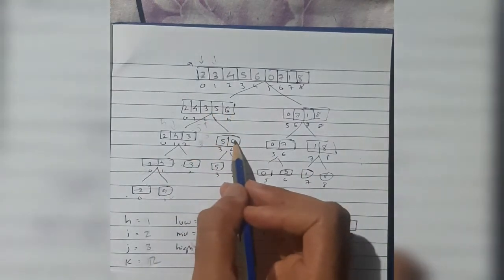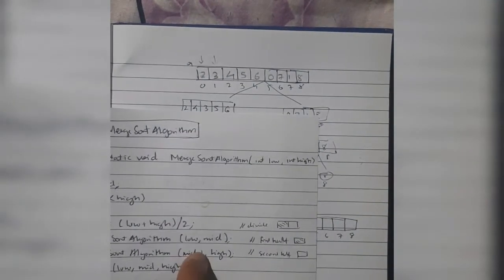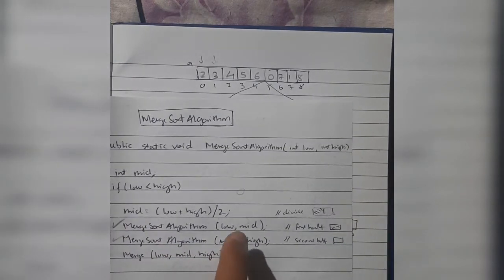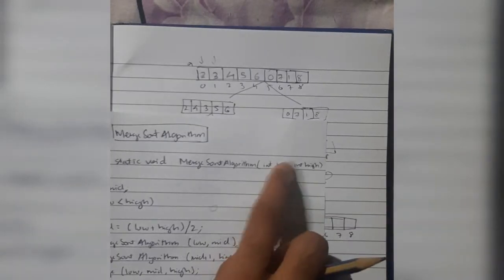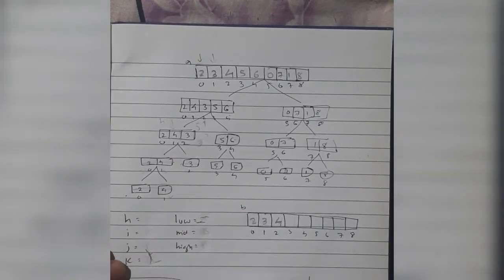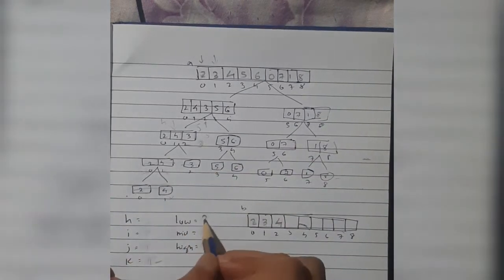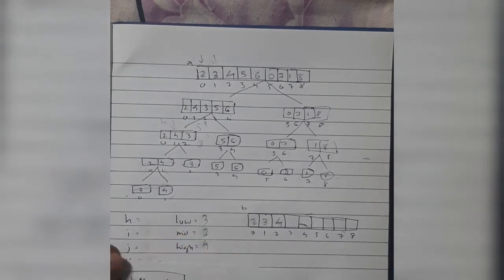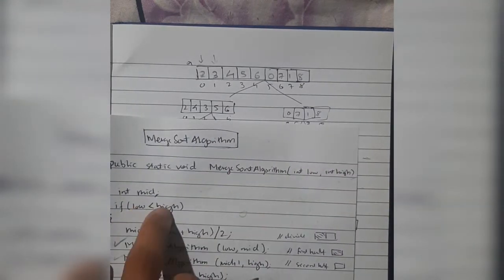So this is getting passed here, 5 and 6. Okay, so we'll be calling this algorithm with the values 3 and 4. So low will become 3, high will become 4. Let's make the changes. Low will be 3, high will be 4. 3 plus 4 by 2 is 3. Mid will be 3 now, and we are calling this array now. Low is less than high, yes.